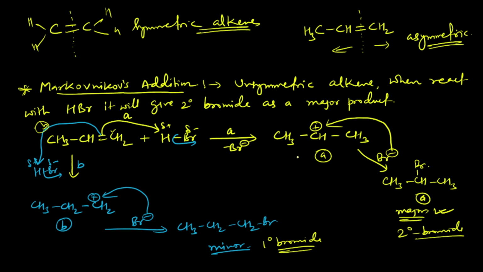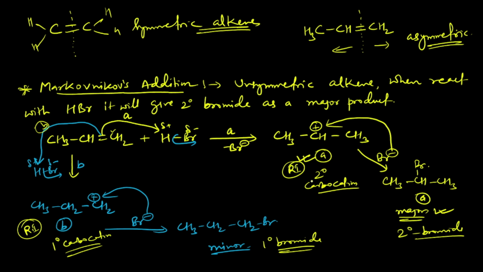See, here the main thing is the reactive intermediate. We call it RI, reactive intermediate. Here this one is the reactive intermediate, right? Now you just tell me, this is a secondary carbocation, and this is your primary carbocation. According to your hyperconjugation as well as inductive effect. I have taken classes on inductive effect also. You can see that in the conceptual chemistry playlist, where you will find hyperconjugation also. There I have discussed the stability, how the tertiary is more stable than secondary, secondary is more stable than primary, correct? The two processes are there, like through hyperconjugation you will get it and through inductive effect also